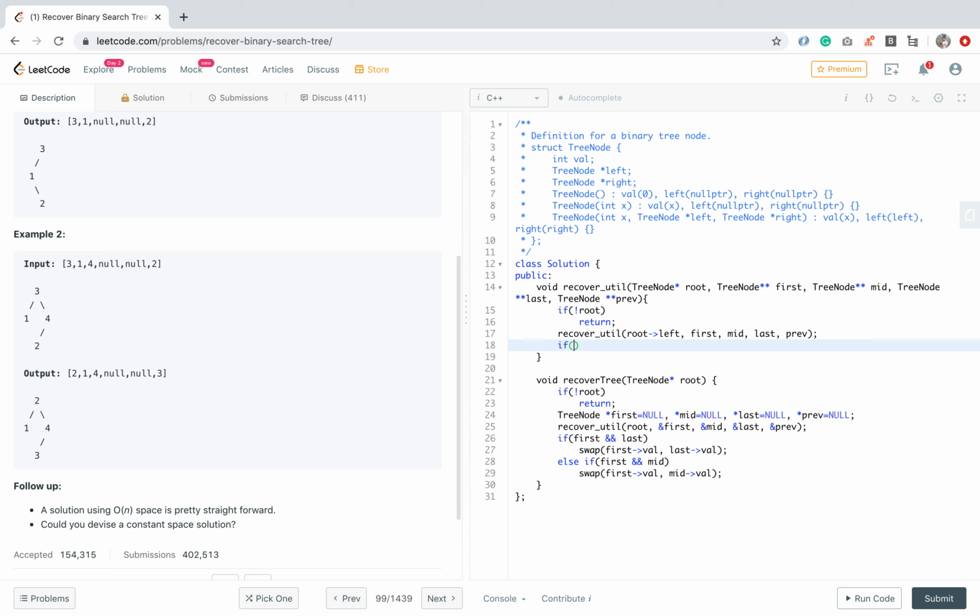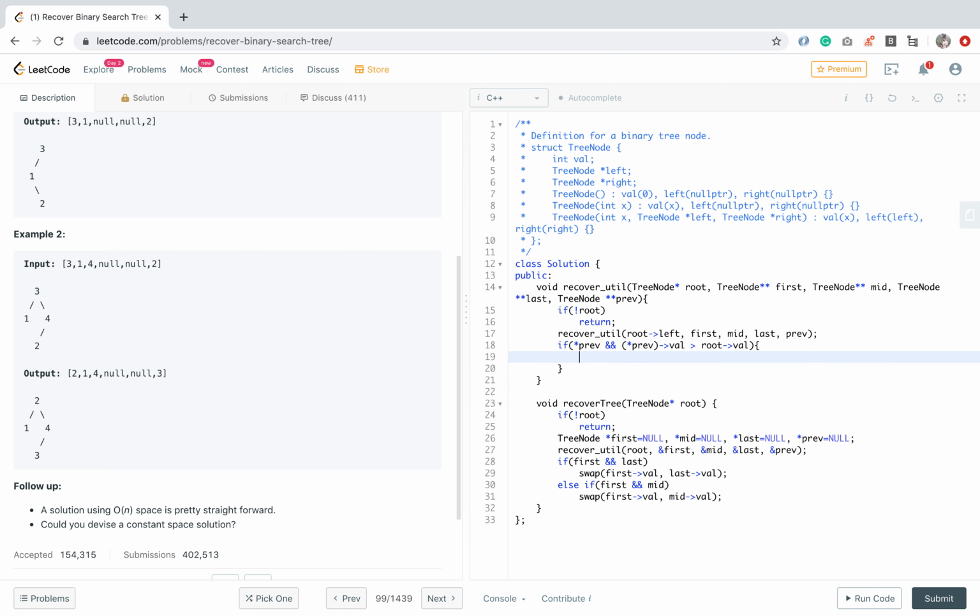So suppose if previous element exists, because initially it will be null, so first we have to check if it exists, and then we have to check whether the previous value is greater than root value. That means we get the element that is out of order.